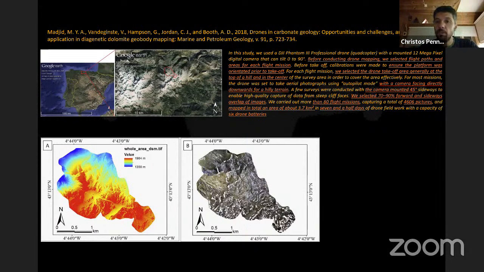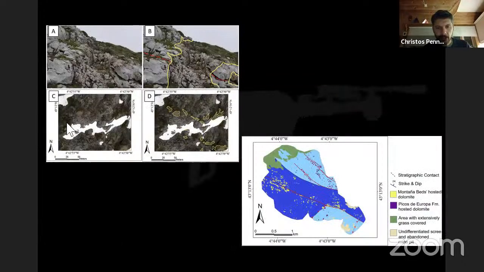And they carried out more than 80 flight missions, capturing a total of 4,606 pictures. And they mapped a total area of around 3.7 square kilometers in 7.5 days. So one can understand what effort is needed in order to achieve this kind of high quality result. And regarding the drone capacity, they had 6 drone batteries to use for each flight. So here you can see